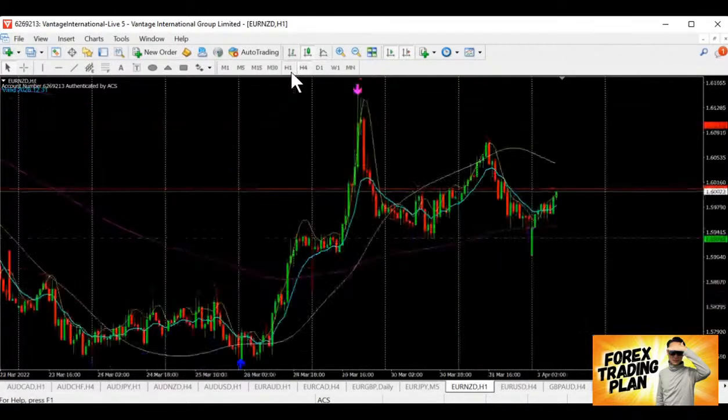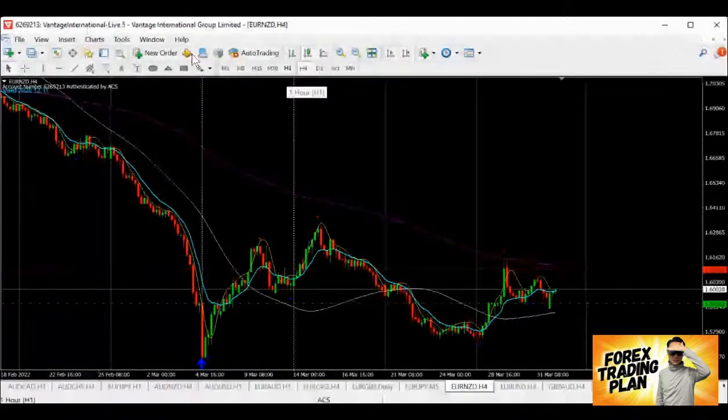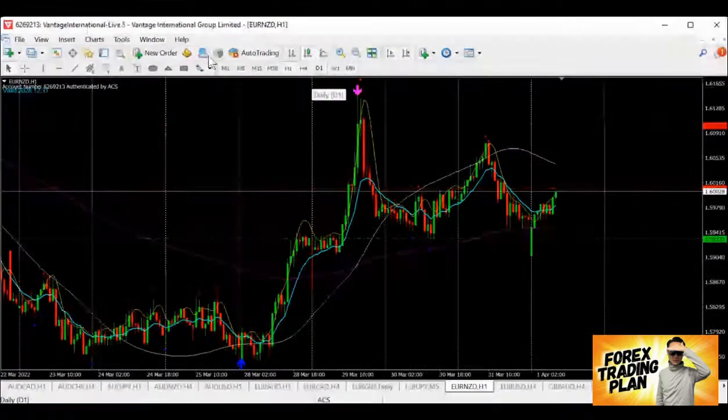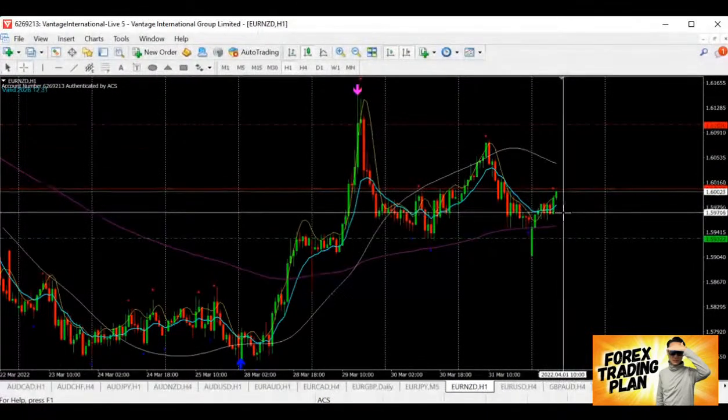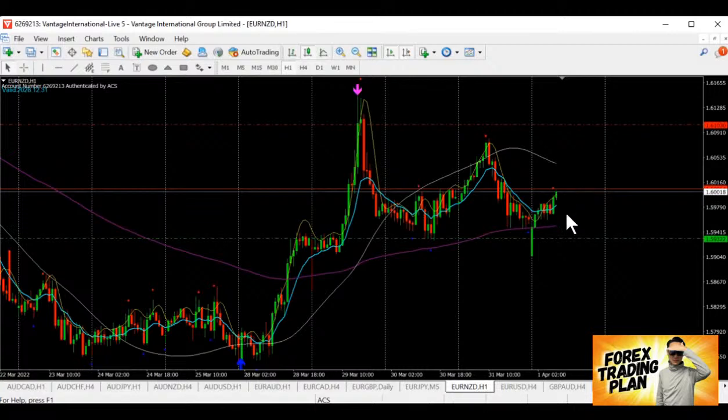Okay, Euro Kiwi is on the retracement stage now, and I will want it to touch the H4 resistance before I actually take action. So this is not really very good right now, Euro Kiwi. I'm going to stay away. But for buyers who are looking out for buying, yes, we have a good chance, but the buying signal has already started and it has run about 30 to 40 pips, 38 pips. So probably you have to wait for another round, and then we start another round for buying.